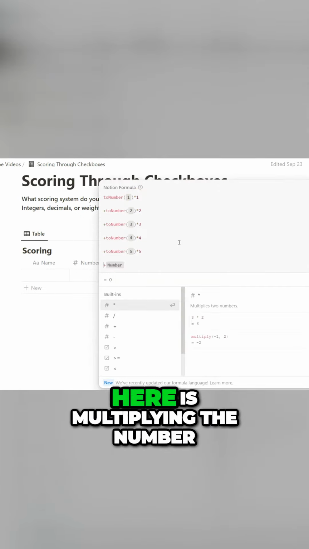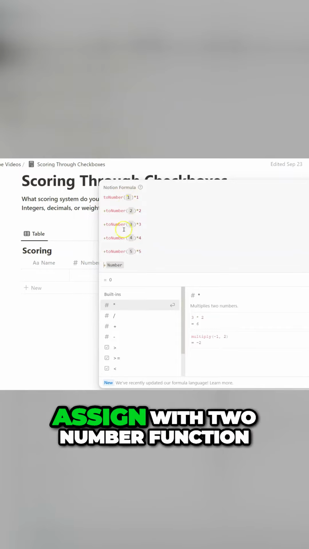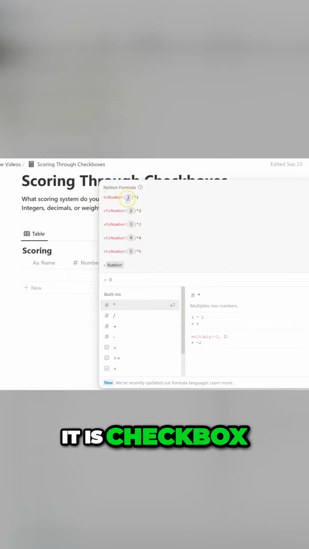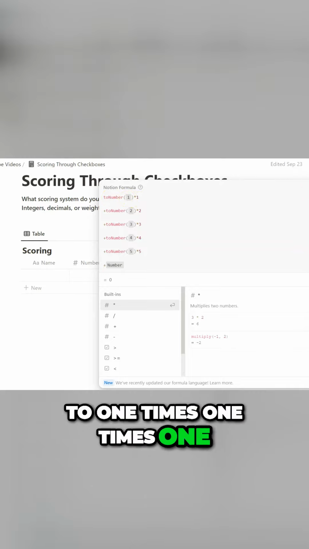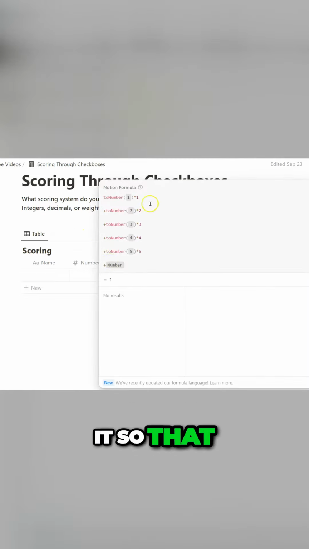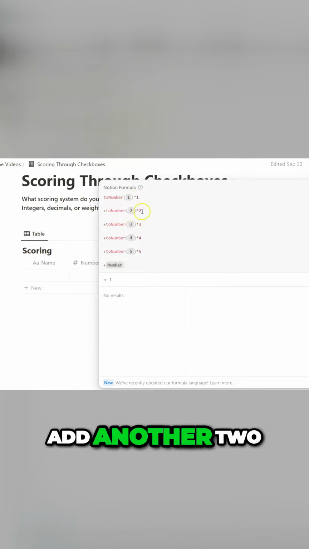All we're doing here is multiplying the number we want to assign with the toNumber function, in which if it is checked, it will return 1, which would amount to 1 times 1, right? So if I did 1 here, scoring equals 1. So basically I've made it so that if checkbox 1 is true, we're going to add 1. If checkbox 2 is marked true, we're going to add another 2. So if I